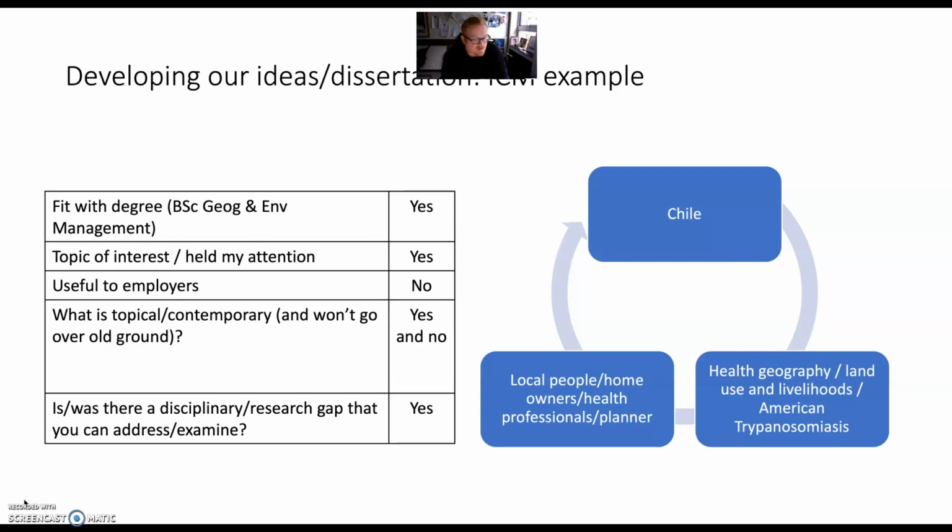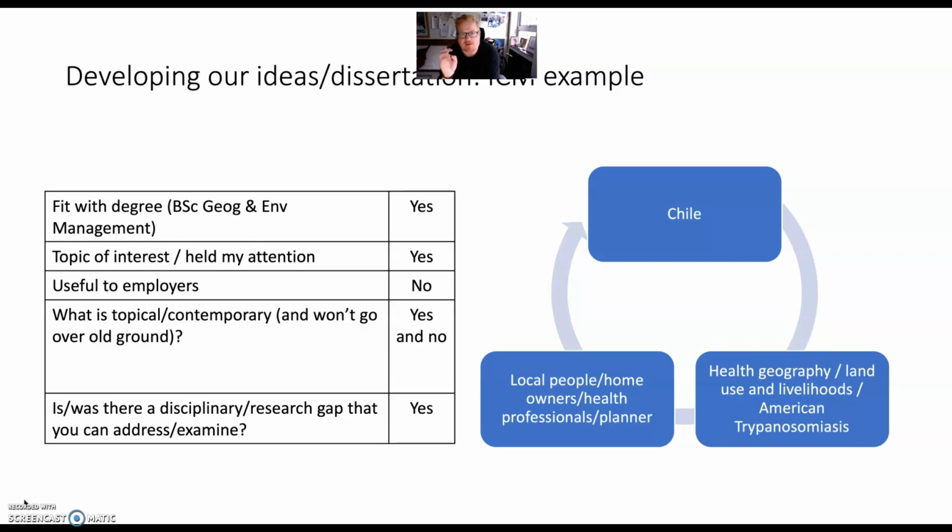When I was doing this project, we had to go to the library to get books out, and I had to spend a lot of time in the London School of Hygiene and Tropical Medicine library trying to find research on American trypanosomiasis. There was a distinct lack of work being focused on certain parts of South America, and Chile was one of them, because it was still a very nuanced location and place that you could do these things. So I built the project around the location, but then looked at the written and the academic work to try and build up on top of that. And I think it was a very useful process in terms of learning the research process rather than adding to my employability or to adding to the research canon.